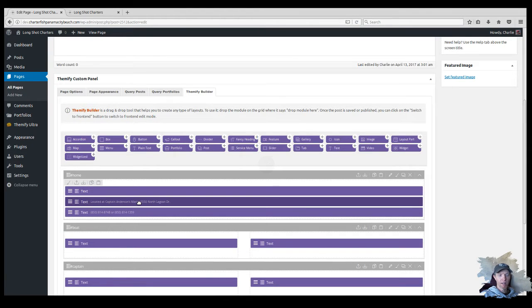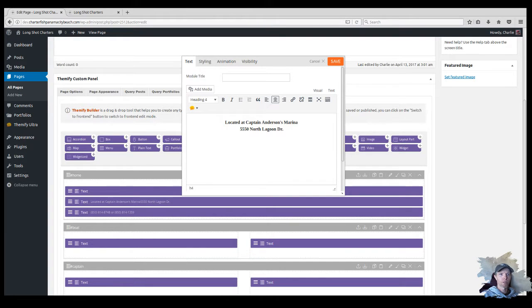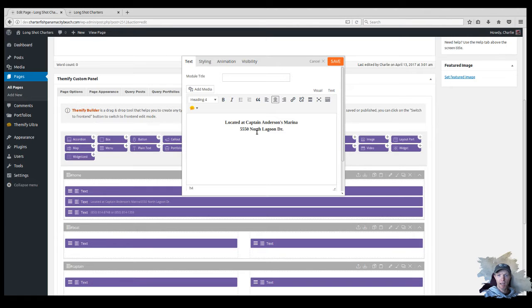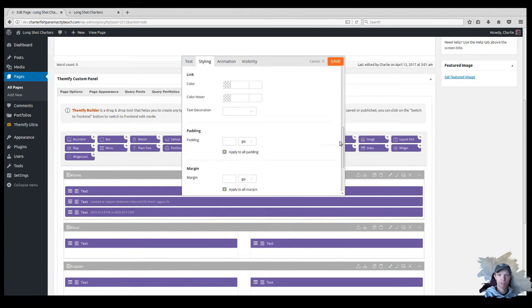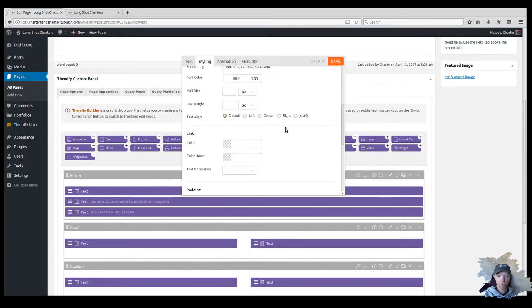And then I had, as you can see, the address, which is the text right below that. I set that in there as a text module, and then I have it aligned center with the address and everything that needs to be on there. The styling I did change here. I set the font color to white, and then I chose the font family, and here's the font family that I chose. And then if you scroll down,